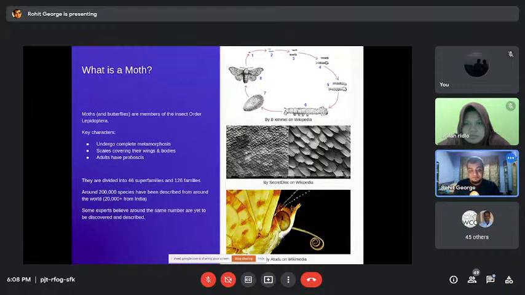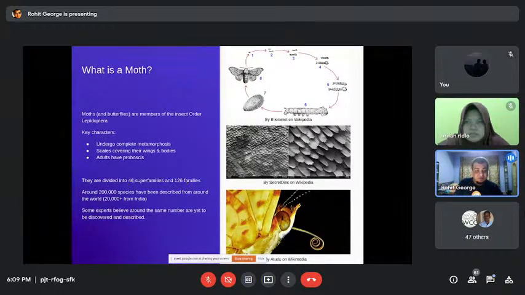Just to give you some context, if you look at mammals, there are only 6,400 species of mammals in the whole world, and India has only 410 species of mammals. Or if you look at birds, there are 10,000 species of birds in the world, and India has I think 1,350 odd birds. So the number of species in these groups is very, very large.